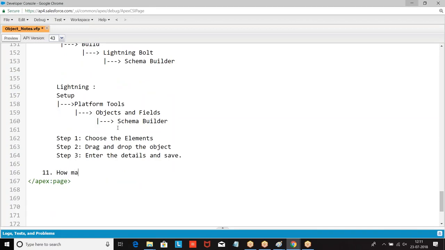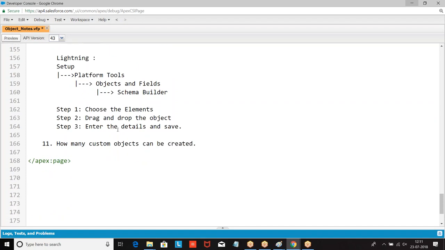Now, how many custom objects can be created? Answer: it depends upon the edition we purchase.